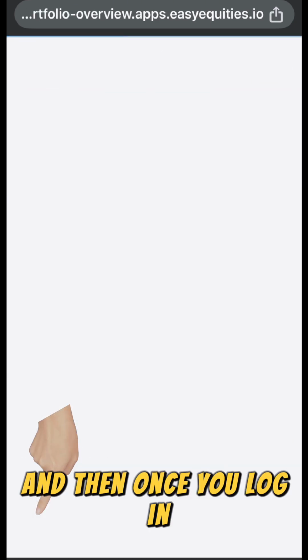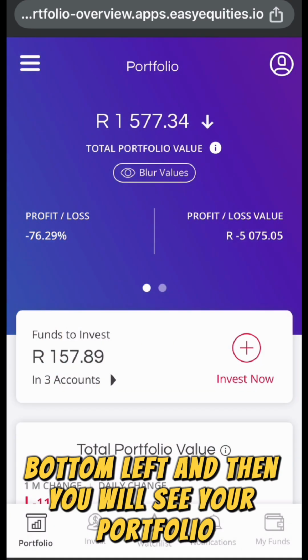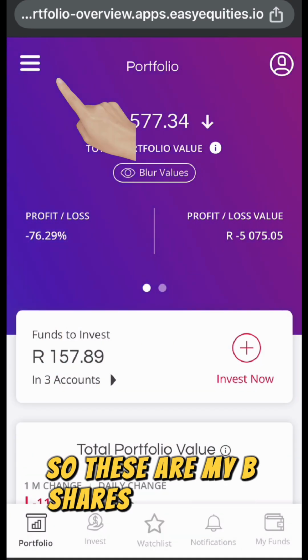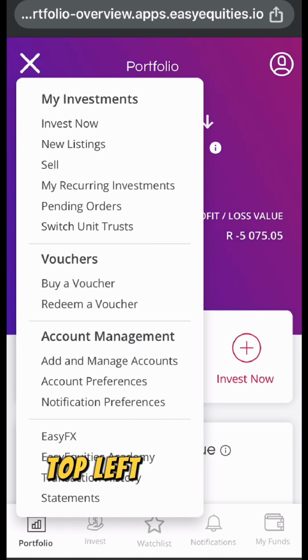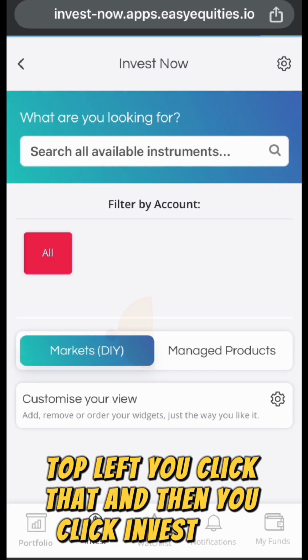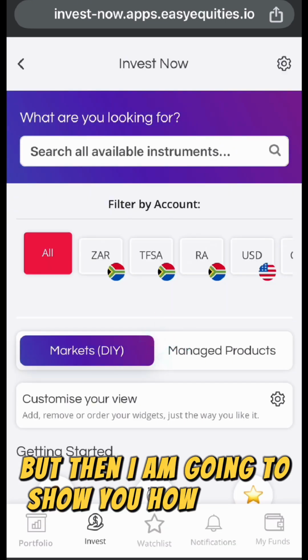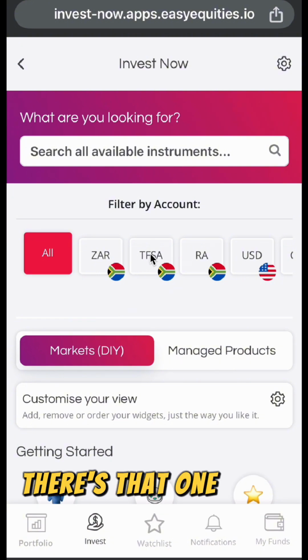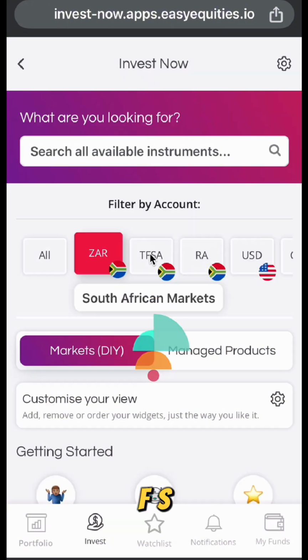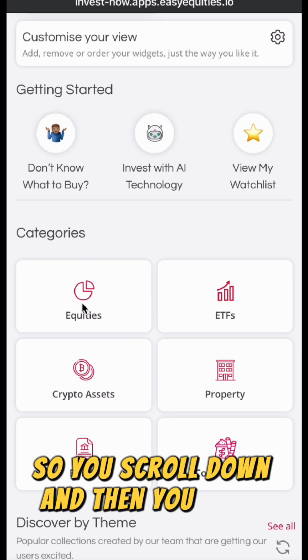Once you log in, you click portfolio on the left-hand side, bottom left, and then you will see your portfolio. So these are my B shares, which are constantly dropping. Then the three lines at the top left, you click that, and then you click invest now. So this is when you have money, but I am going to show you how to add money. So you see there's different accounts. There's our one, there's also TFSA, and then there's even more accounts. So you scroll down and then you click